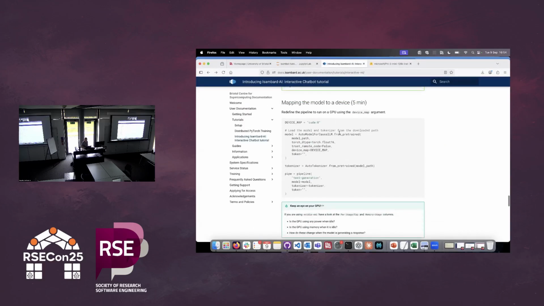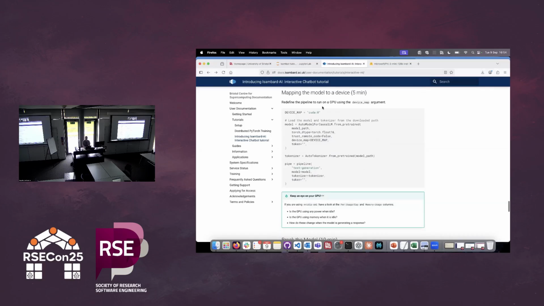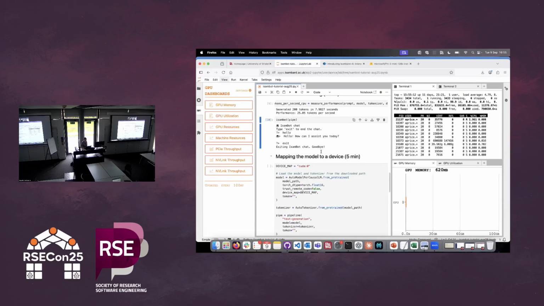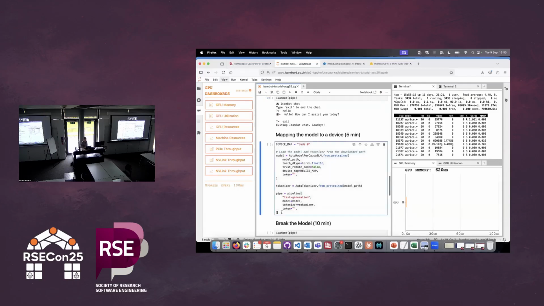So map the model to device selection and at the top, device map. We're going to map it to our GPU. If you remember from when we had the nvidia-smi command for GPU 0, so we're mapping to our GPU number 0 here. And then again define our model, our tokenizer and our pipeline. So if we execute this,